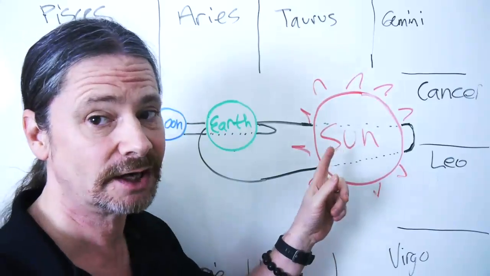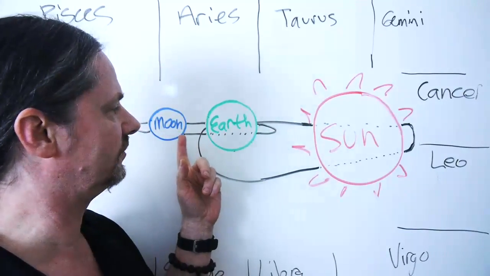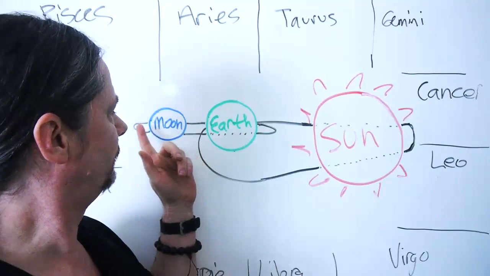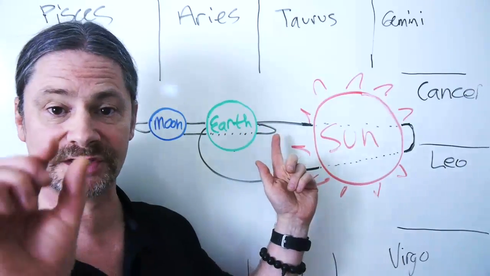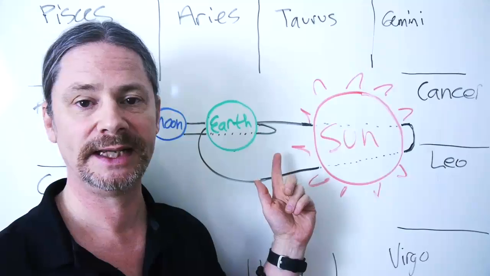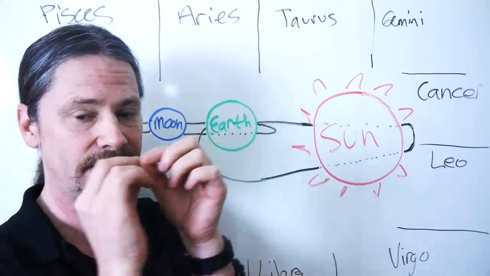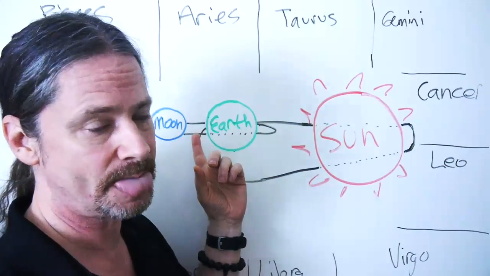Like, for instance, in this diagram, you would have approximately a full moon, because you have the Earth in between the sun and the moon. In this example, 15 days later, when the moon was here, you would have a new moon, which is the beginning of the cycle. So Eastern calendars are based on when the sun and moon come together and start the cycle. Sometimes they're based on the full moons as well.